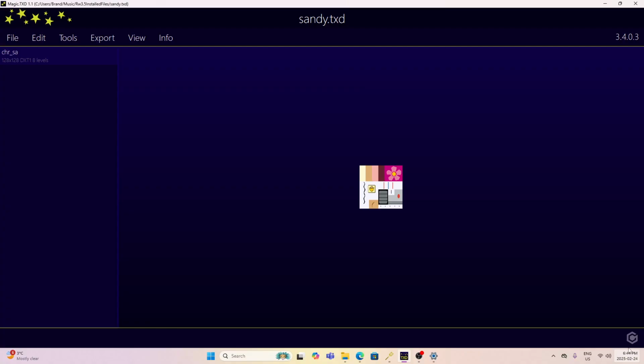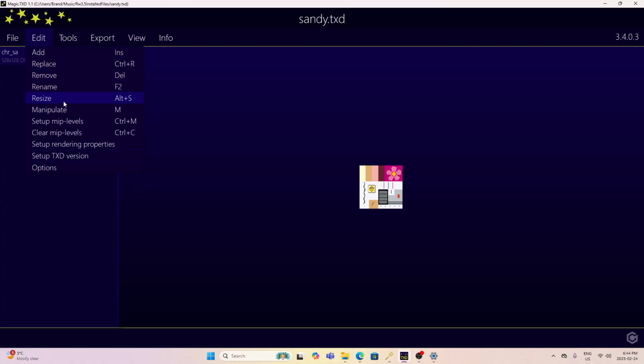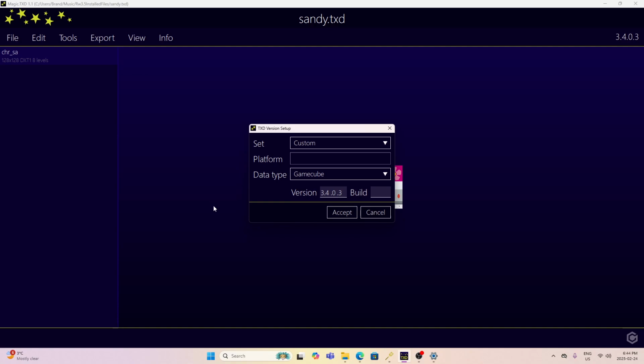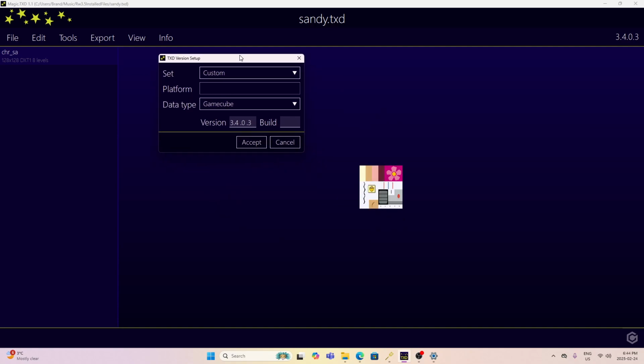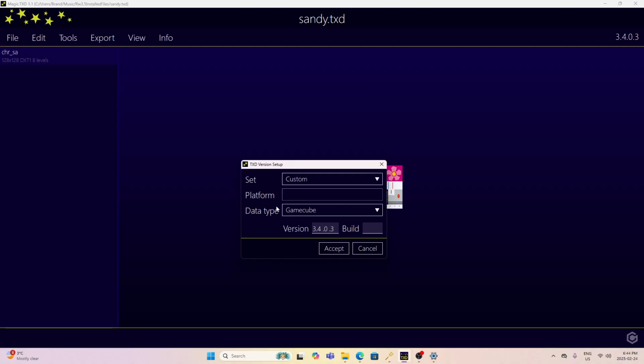I can't change this GameCube to Xbox because you're supposed to change the TXT version. So what happens with this thing for me? Okay, this is what happens. I go to here. Now, you don't have to change this because this is the actual build, but even if I don't change this or I change this, I can type in the exact numbers you need for movie game. I'll change it to 5 point, the version, and then I'll put the build. Yeah, I'll change it. I haven't done this in a while, and I don't remember what build it is,